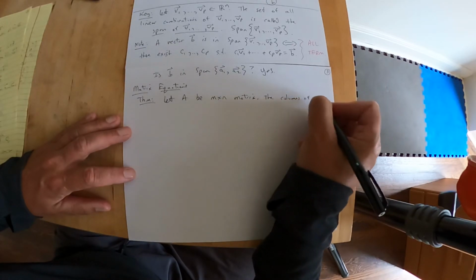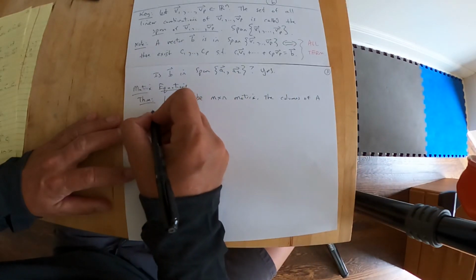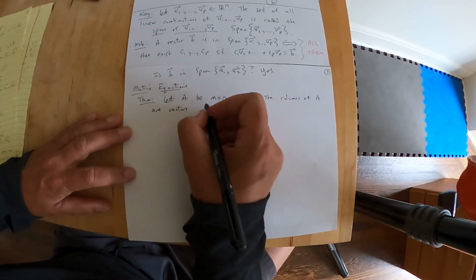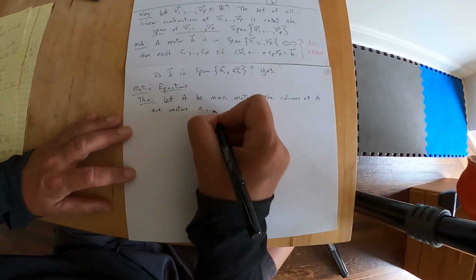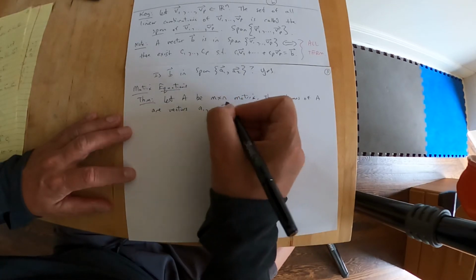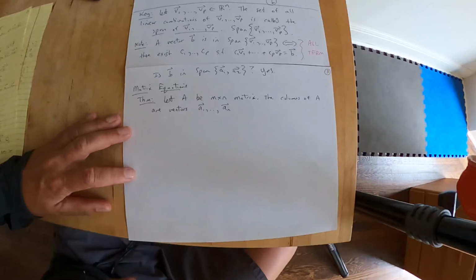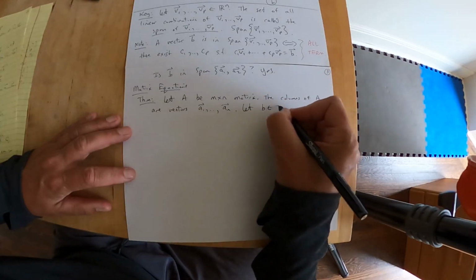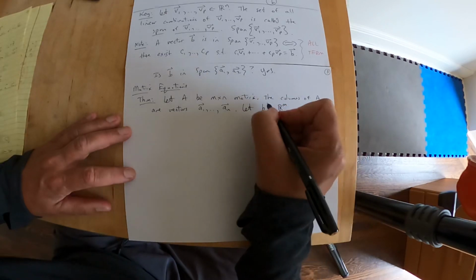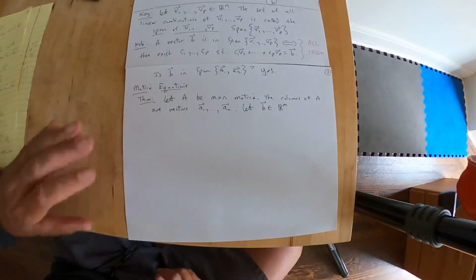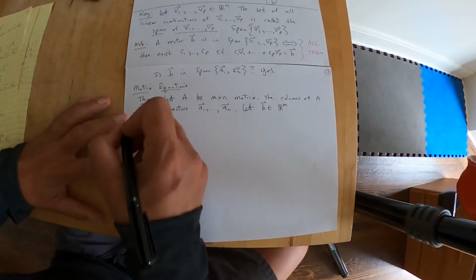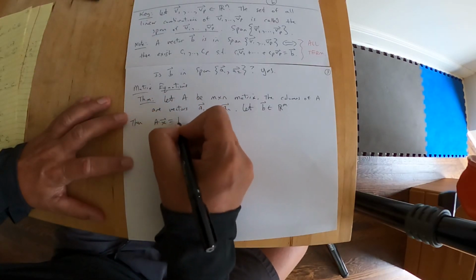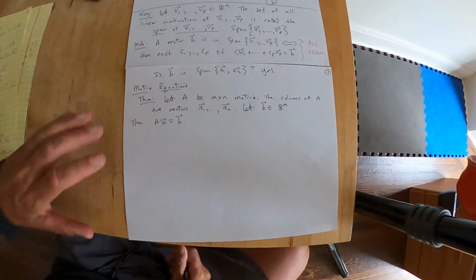The columns of A are vectors, right? A1 down to AN. Let B be a vector in Rm. Then the matrix equation AX